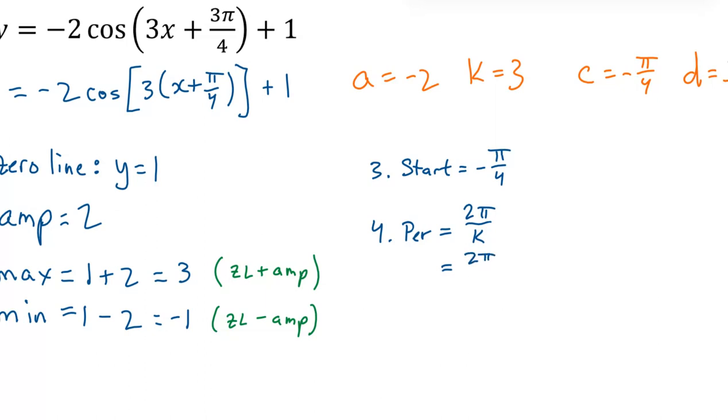Good, which is 2 pi divided by 3. So it's 2 pi by 3, not pi by 3, but you were on the right track. Very good. 2 pi divided by k. That's how you find the period. We talked about that relationship when we looked at it the other way around. If you're finding the k value, k is equal to 2 pi divided by the period, which is just that rearranged, right? So 2 pi by 3, and then finally the end